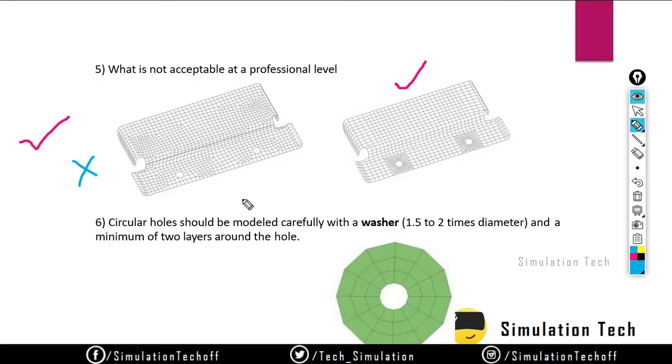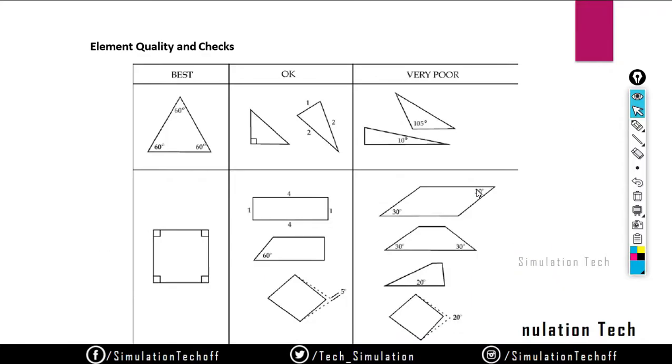But how should I actually know that? So okay, this mesh is very good, or it is average, or it is very poor. For that we have certain rules. So that is what we will see in the upcoming slides. So based upon the geometrical structures, how should I actually make sure whether my element is good or not?